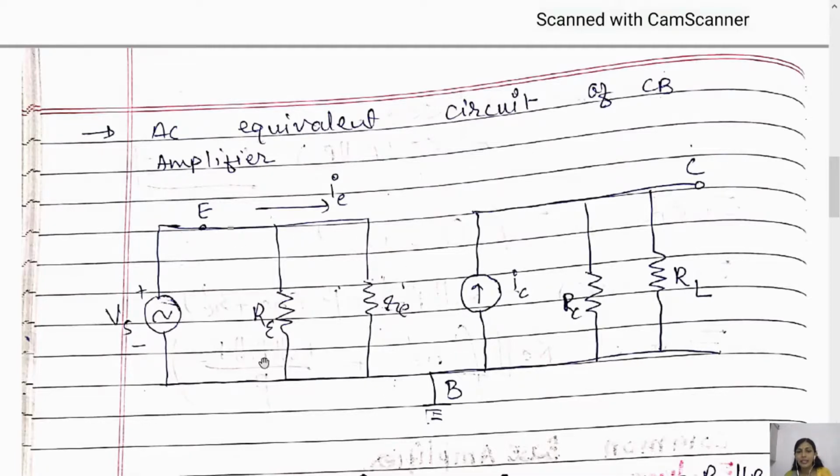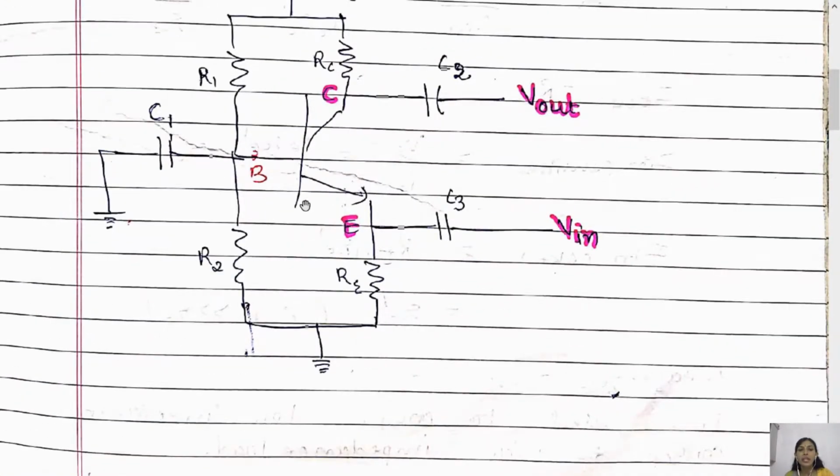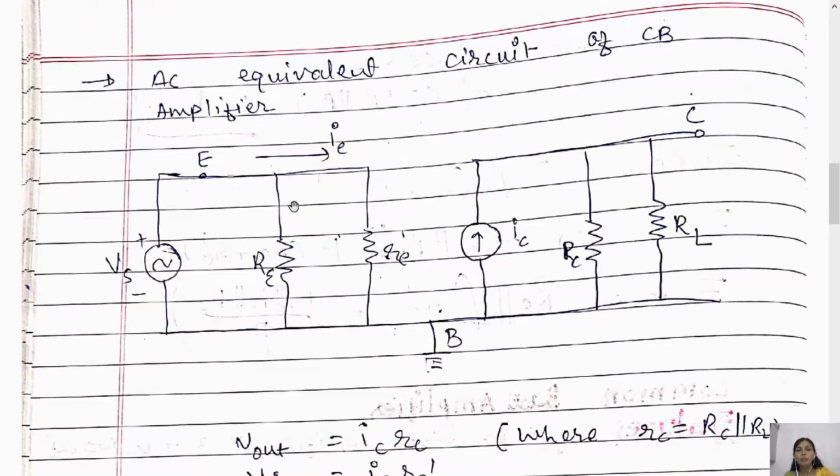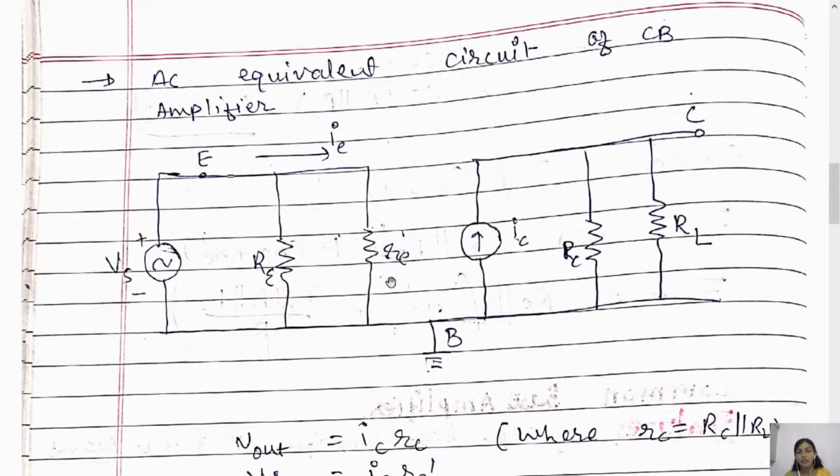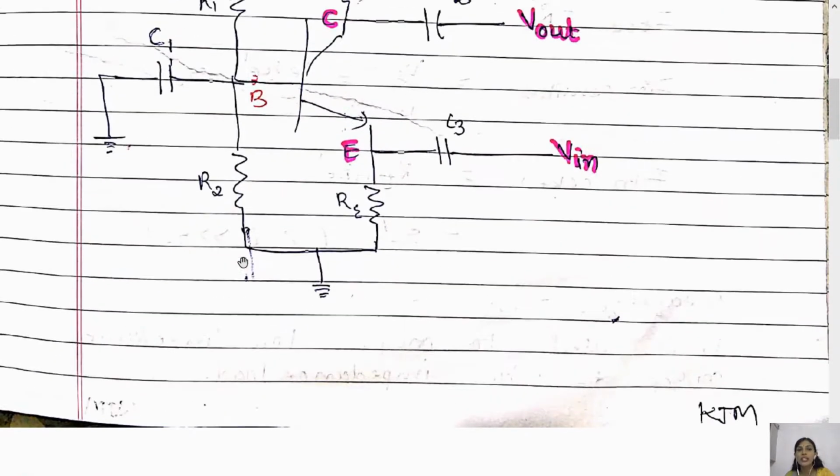It looks like the reverse pi model, in which the base is common, the emitter is the input on the left-hand side, and the collector is the output on the right-hand side. The input is the base-emitter voltage VBE, which is considered across re dash, the internal resistance of the diode, and the output is represented by a constant current source, right? Now the equivalent circuit will be drawn further by considering the input and output resistances.